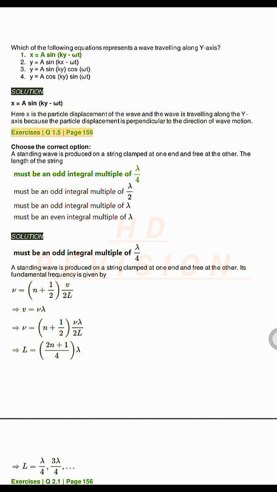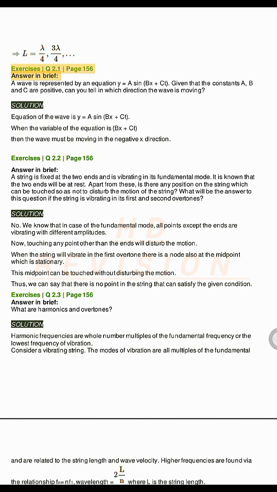Exercises Q1.5, page 156. Choose the correct option. A standing wave is produced on a string clamped at one end and free at the other. The length of the string. Solution. A standing wave is produced on a string clamped at one end and free at the other. Its fundamental frequency is given by